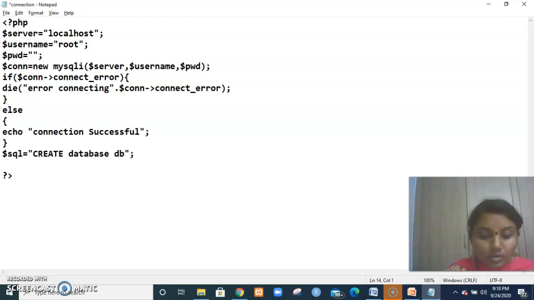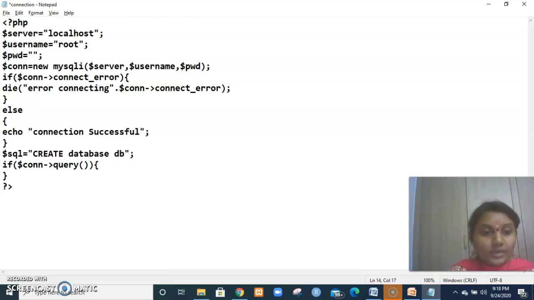Here I want to check whether it is created or not, right? So in the if condition, let me check $con within the connection. $con->query. Query is a function which is used to execute the query.